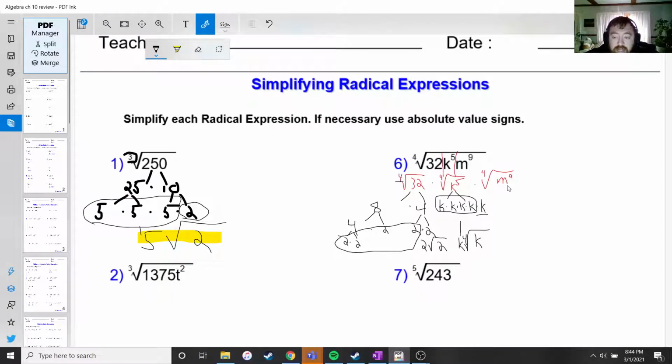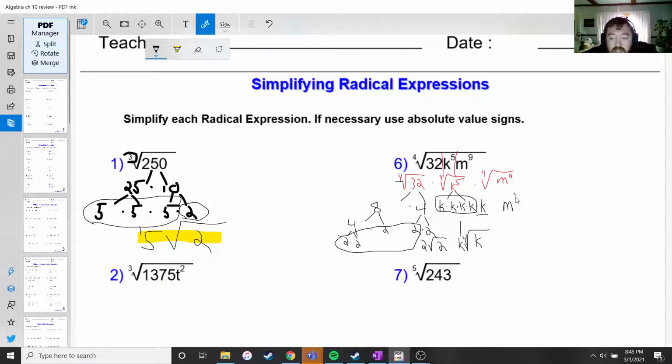Do the same thing with m to the 9th, except we kind of already know how this is going to turn out, right? So if you notice here, when it was k to the 5th, we took 4, we just subtracted 4 from it, right? And we were left with k underneath the radical sign. So on this one, we could do the exact same thing, but 4 can go into it 2 times. So we're actually going to have